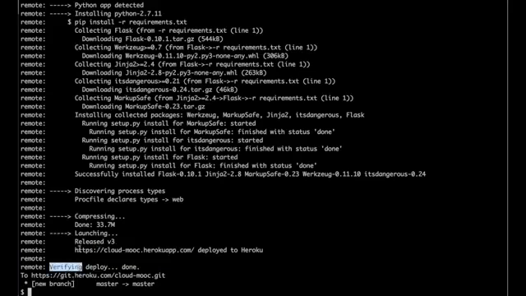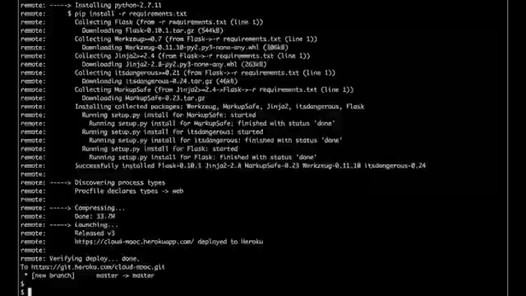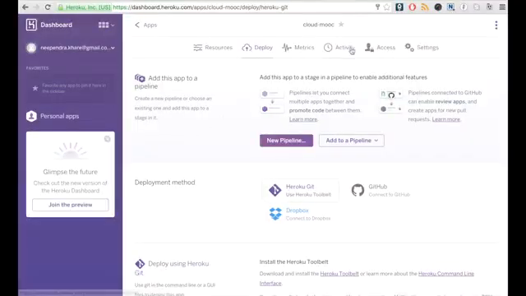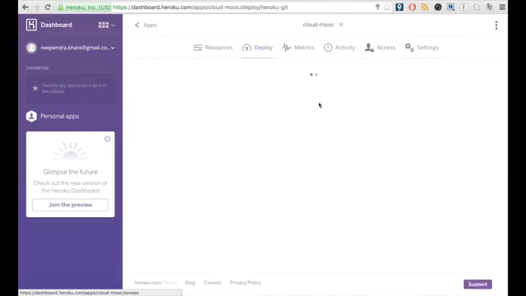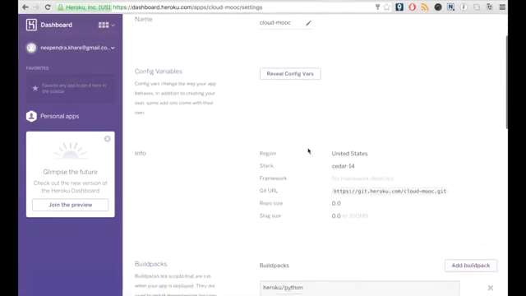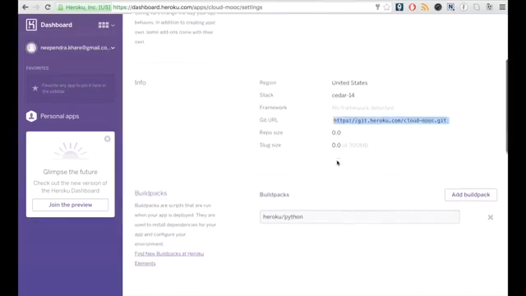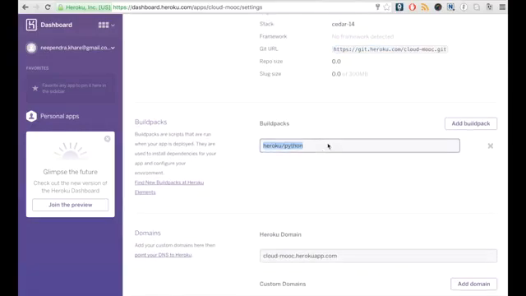We can access the application via the URL shown on the screen, which would be our application name .herokuapp.com. We can attach it to a custom domain name also. We can look at the settings of the application by clicking on the settings button. We can see the existing information of the application. The build packs, Heroku domain,